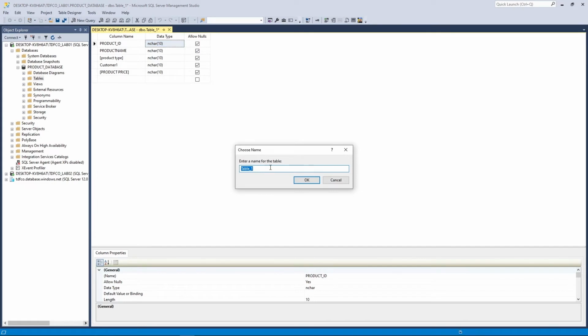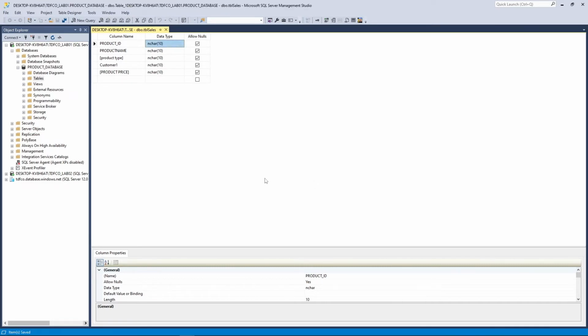Now herein we can specify the table name. Okay, let us give the name as TBL sales. Perfect. Now if you see the column names, I have used different nomenclature for the names to essentially